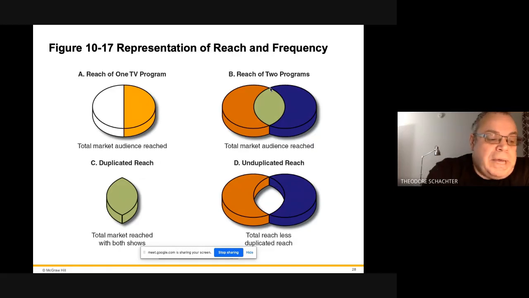Because the person who saw the ad in the New York Times also sees the ad in the Wall Street Journal. So what you have here is the reach of the two, let's say, newspapers. These are people who only read the Wall Street Journal. These are people who only read the New York Times. And these are people who read both. So what you need to do is the duplicated reach is frequency. And this here, unduplicated reach, meaning without people seeing it twice, is actually, forgive me, is actually reach. So you have to take these people out to get the actual reach.